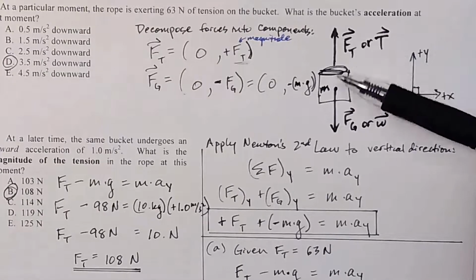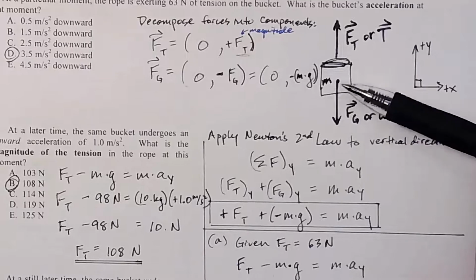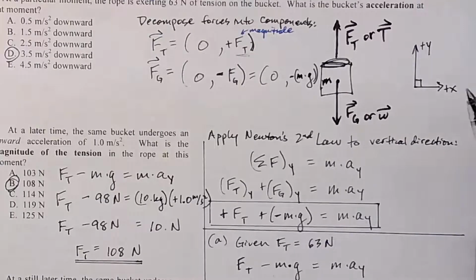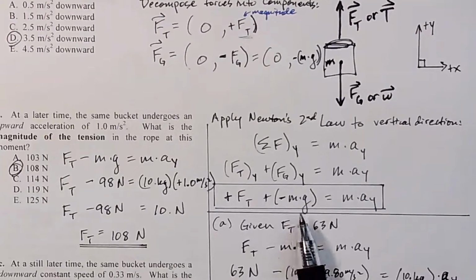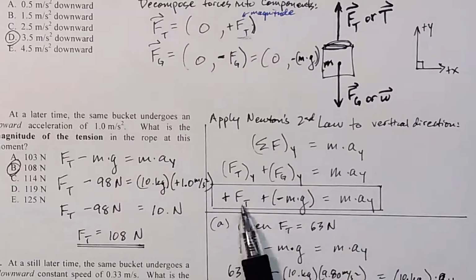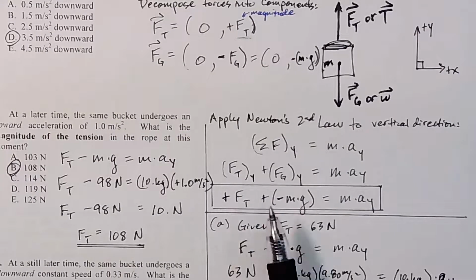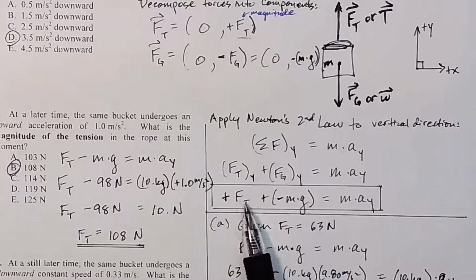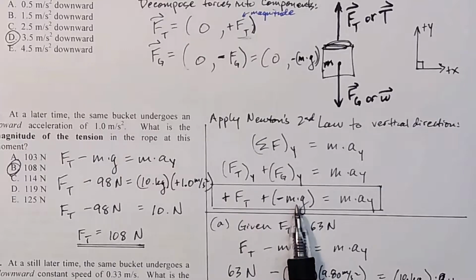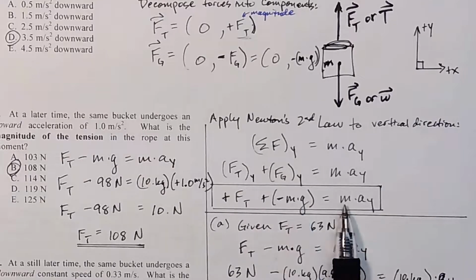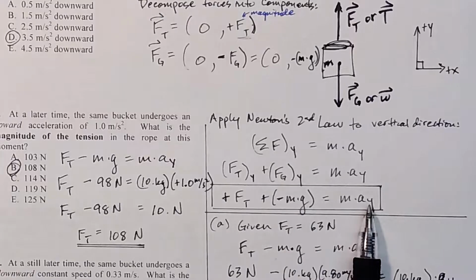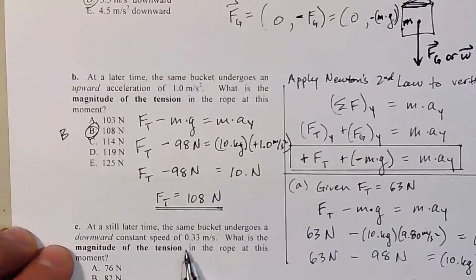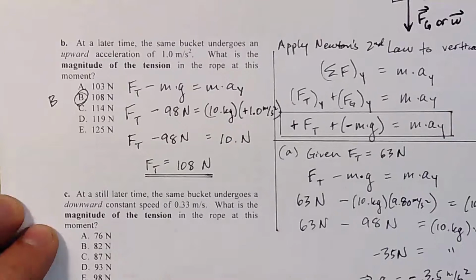What if the tension is exactly equal to the weight? Well, then we have dynamic equilibrium, right? And in that case, we would have the tension equal to mg, and the left-hand side of this equation here would just sum to 0. Okay? And in that case, the acceleration would be 0. And that's what we have here in this last case. We have a constant speed,